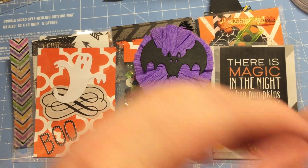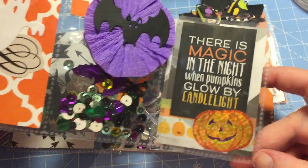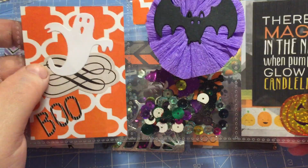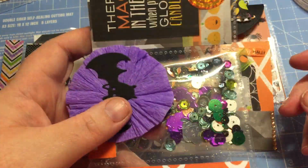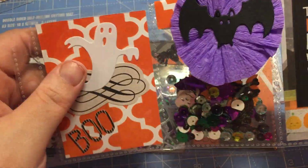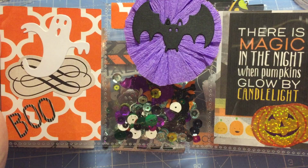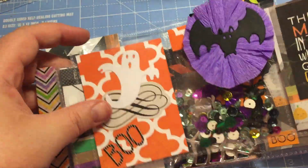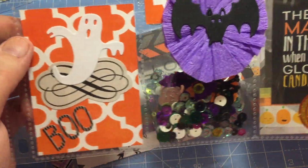So basically the mini pocket letter is just 3 pockets. You would take your full pocket letter sheet and then you would just cut it into 3. So you'd basically get 3 mini pocket letters from one pocket letter sheet. So these are some that I did using some of the gorgeous embellishments and bits and pieces